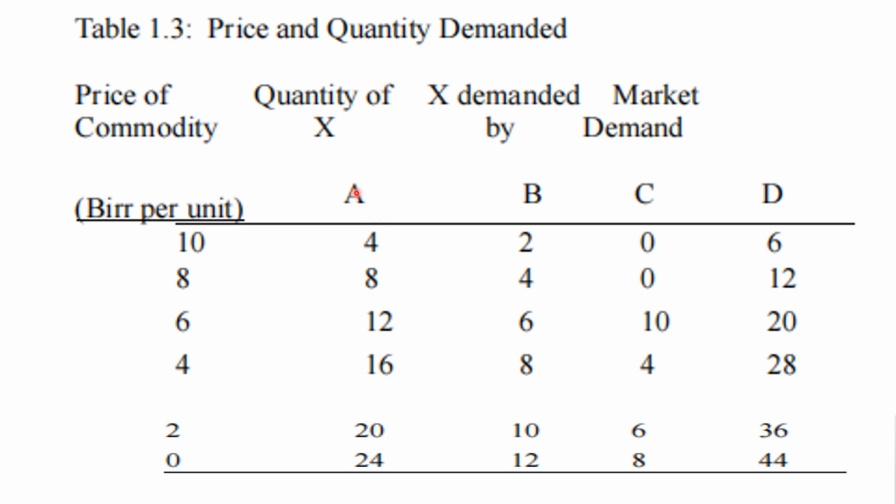Look for the quantity of X which has been demanded and the demand that has been created because of it, the quantity of X and the market demand. So as the price of the commodity goes from $10 to $2, you see what is happening. The demand increases altogether. The price is going down, the demand increases. This is the quantity of X demanded by the market as the price goes around, and this is what it reflects.